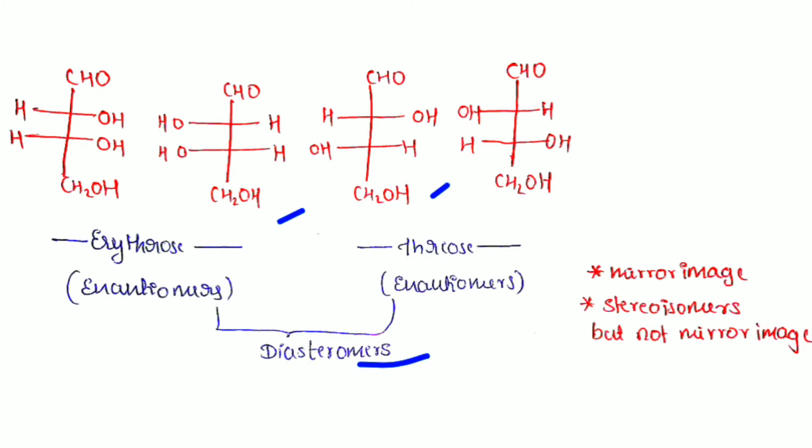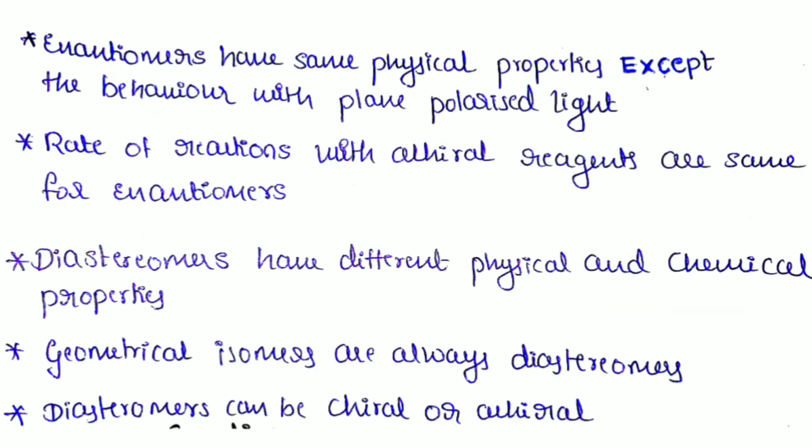Diastereoisomers are stereoisomers, but they are not mirror images of each other. They are stereoisomers because they differ in the arrangement of the groups in space. So they are stereoisomers of each other but not mirror images. Basic concepts of enantiomers and diastereomers are: first is